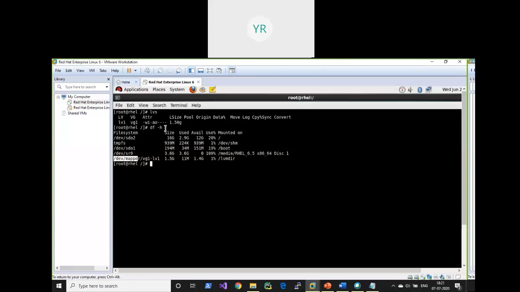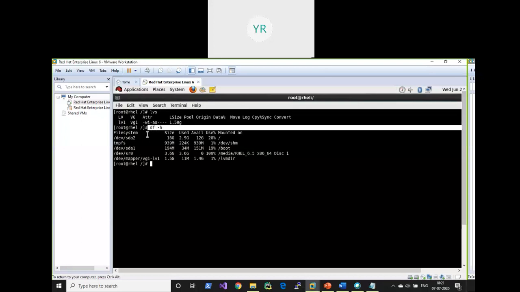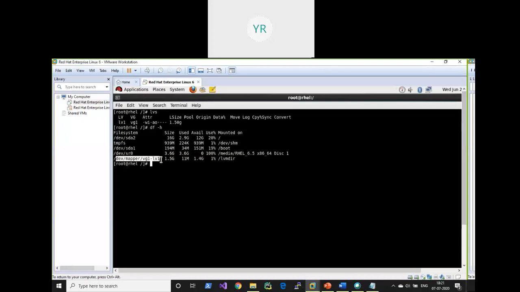Look here, this is my present LV1. Its size is 1.5 GB. Used is 11 MB, and 1.4 GB is free. Now it is mounted on /lvmdir. So the first step is you must unmount this